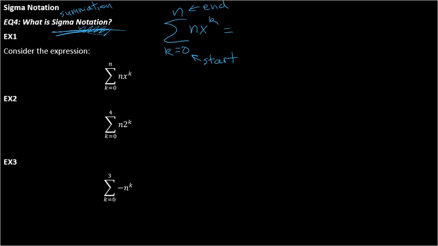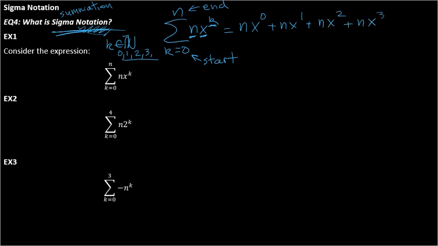Okay, so I'm going to start at k equals 0, and we're going to assume that k is in the natural numbers, meaning 0, 1, 2, 3, on and on. So what we're going to do is n times x to the k power. I would say n times x to the 0, plus n times x to the first, right? We're going 0, 1, 2, on and on, plus n times x to the second,